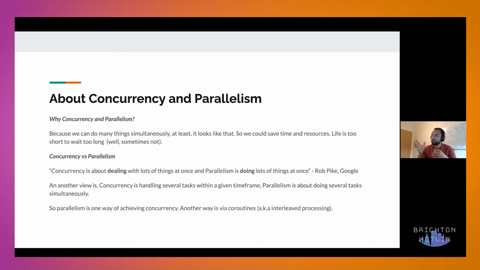So I quite liked what Rob Pike said about concurrency and parallelism. Basically, concurrency is dealing with a lot of things, and parallelism is doing a lot of things at the same time.